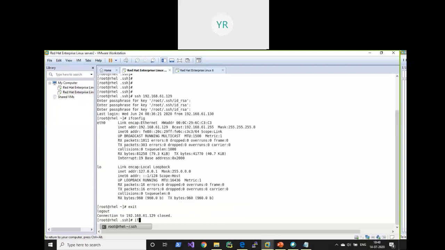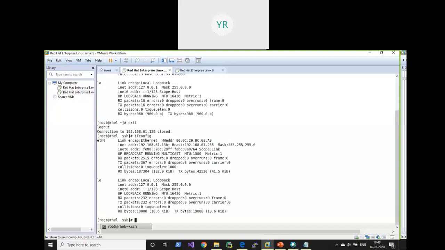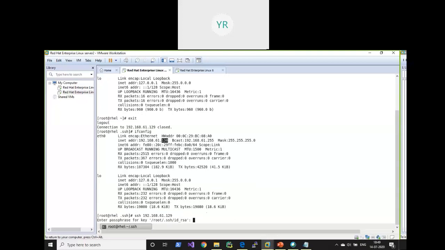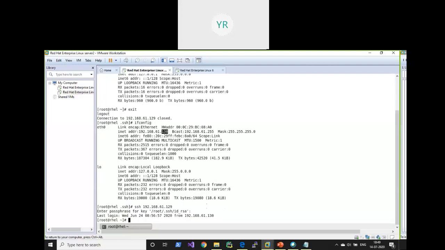Now my server is, look here, I'm on 130. Now again I want to log into 129. I think it was not copied. I'm getting some error. It will